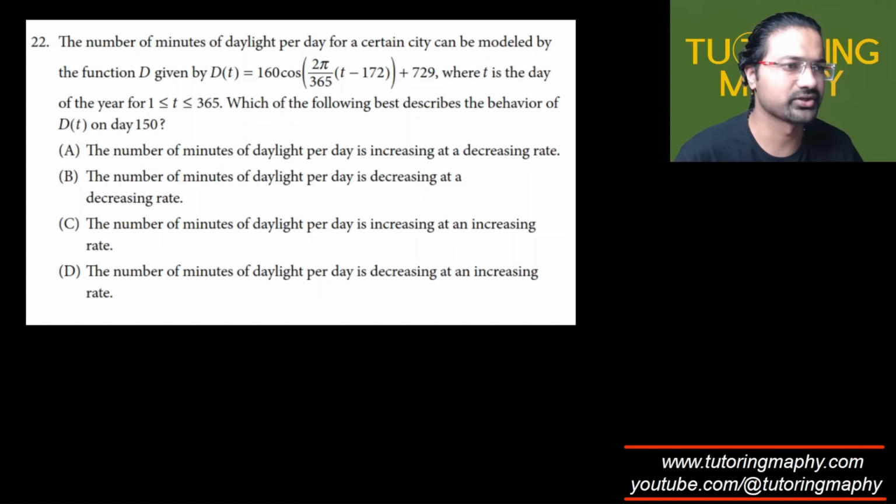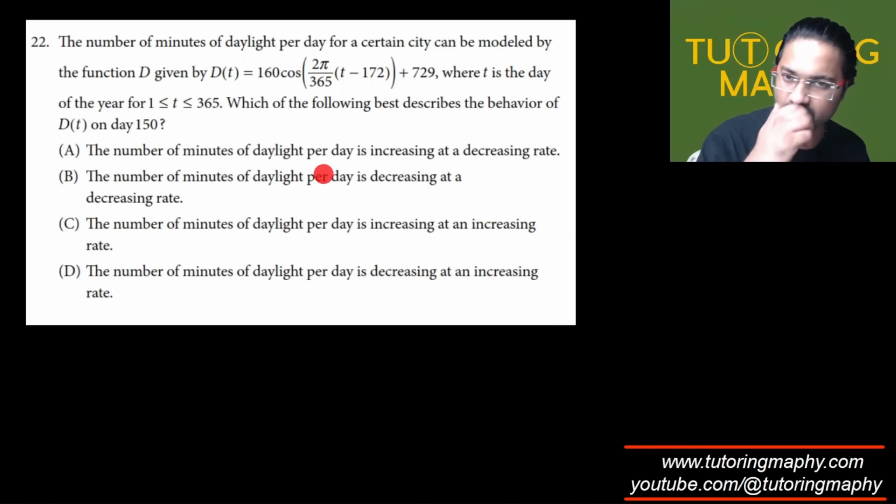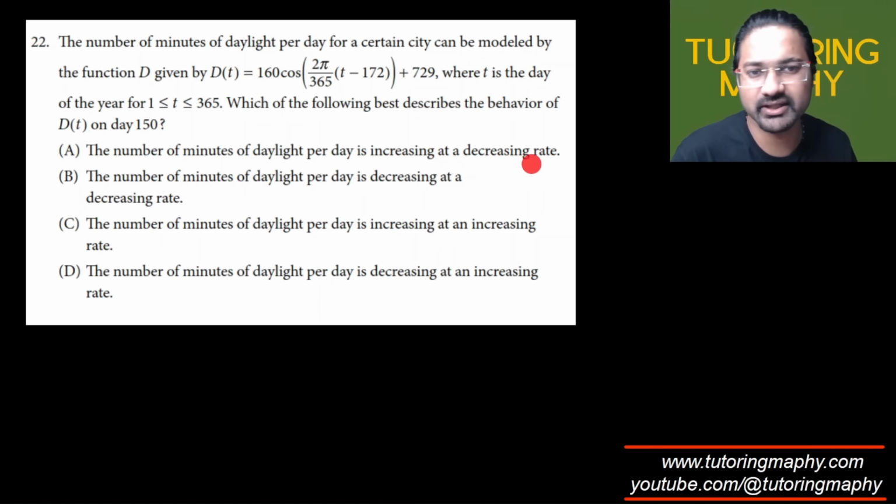Again, it's just something which is based on the trigonometry. It says that the number of minutes of daylight per day for a certain city can be modeled by this particular function, where t is the day of the year from 1 to 365. Which of the following best describes the behavior of d(t) on day 150? The number of minutes of daylight per day is increasing at a decreasing rate. The number of minutes of daylight per day is increasing at an increasing rate, and then decreasing at an increasing